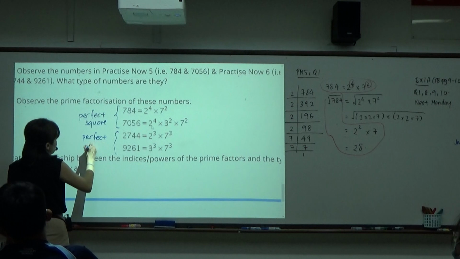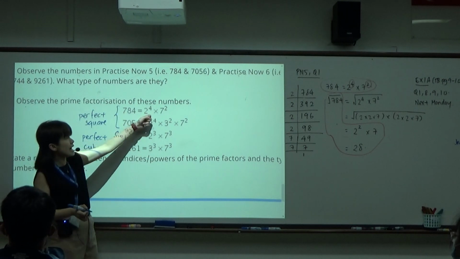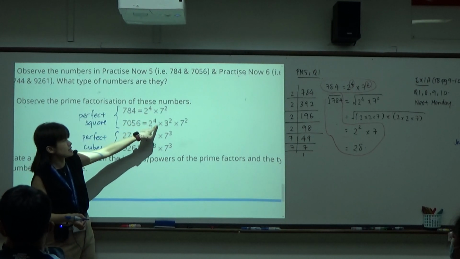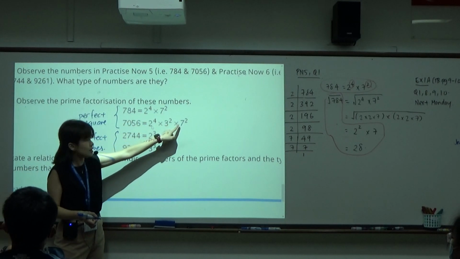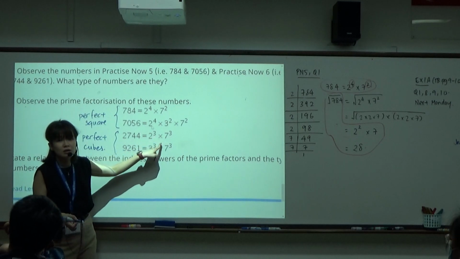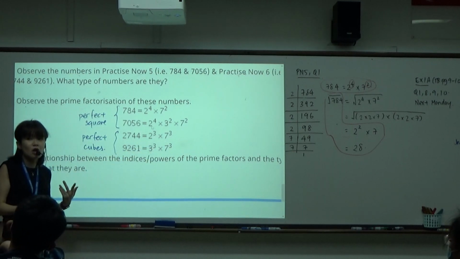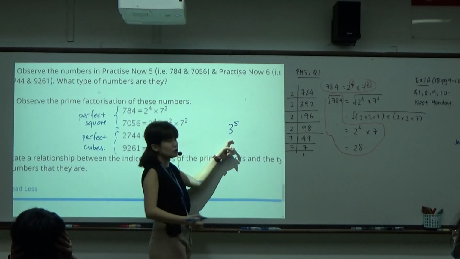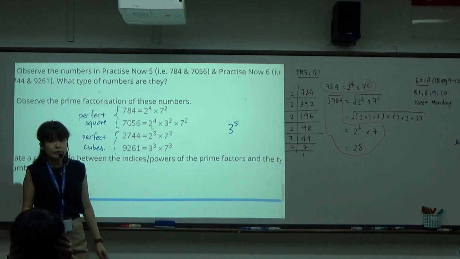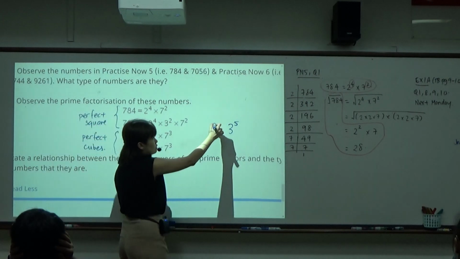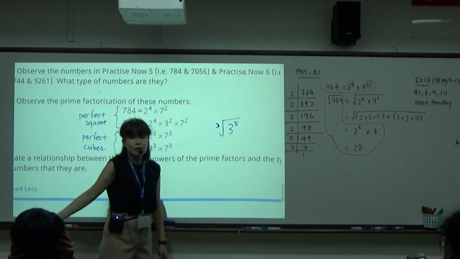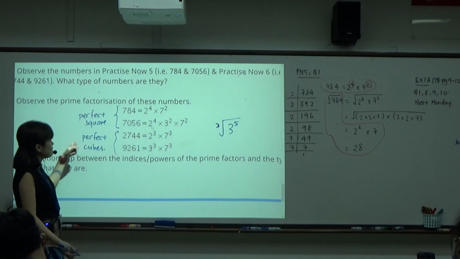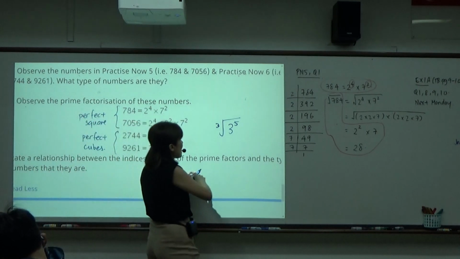Now what do we observe about perfect squares and perfect cubes regarding their powers? For perfect square, what do you notice about the powers? They are all even. And then for perfect cubes, they are all odd. Is it just about being odd? Because if I give you 3 to the power of 5, is this going to give me a perfect cube? No, right? Because if I were to take the cube root of this number, am I going to get a whole number? No, right? So what is even important about perfect cube is that the powers must be